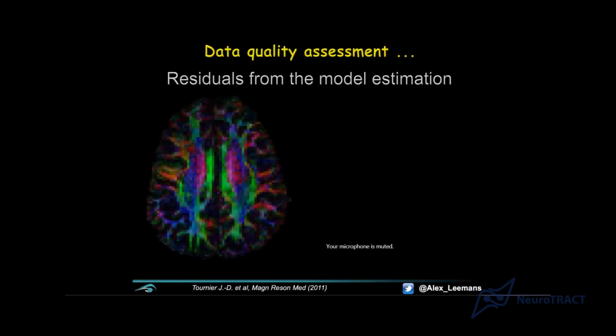So yeah, that's one example. Let's focus on another example. What about this one? Well, if you look at the image, it looks good. I've shown this image to experts in DTI. They could not spot an artifact. But if you look at the residual map,